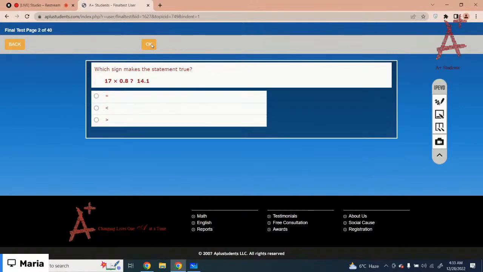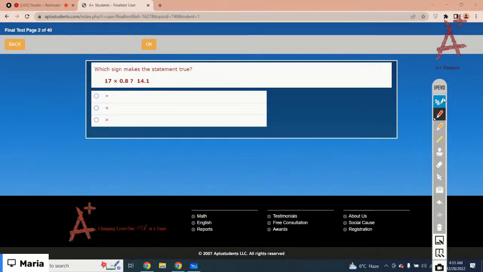Okay, the next one is 17 times 0.8 and 14.1. Got it? You have to compare. So you have to do 17 times 0.8. You are multiplying, so you have to move decimal points. So 17 times 0.8 is,